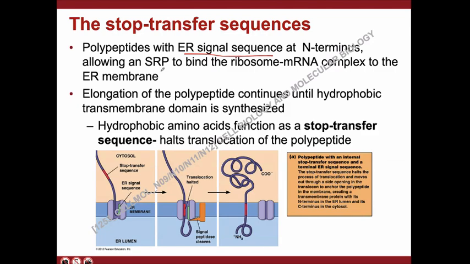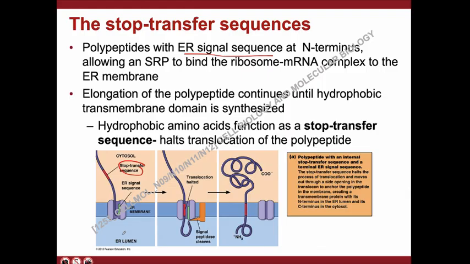So what happens here is that the elongation of the polypeptides, as you will see here, continues to elongate, humahaba siya ng humahaba, until the hydrophobic transmembrane domain is synthesized. So the hydrophobic amino acid functions now as a stop transfer sequence. And this basically halts the translocation, the movement from the cytosol to the lumen. It stops the translocation